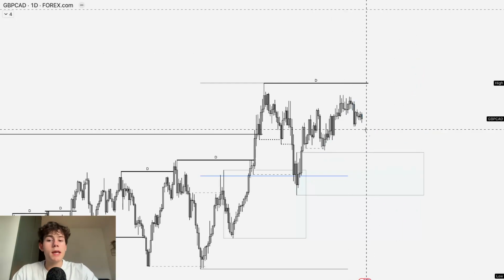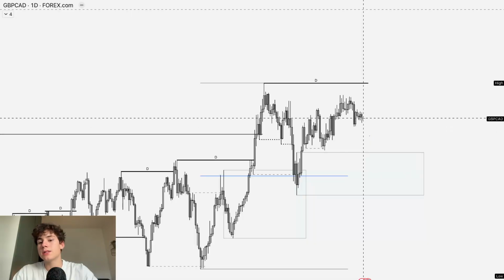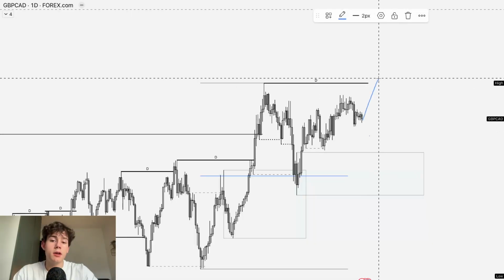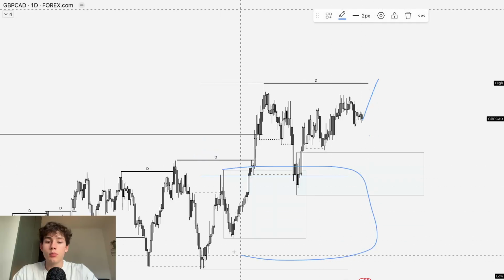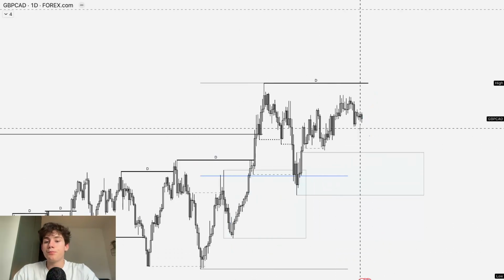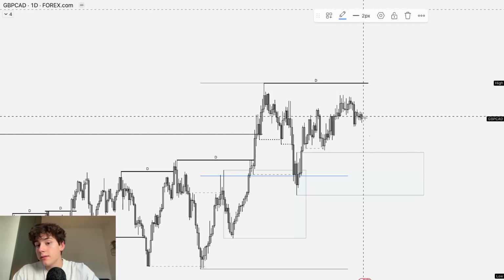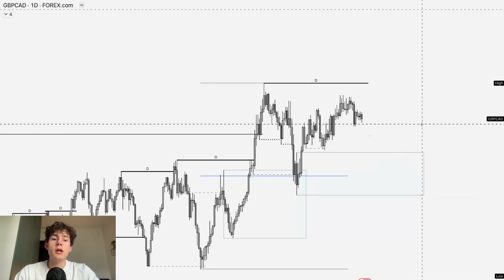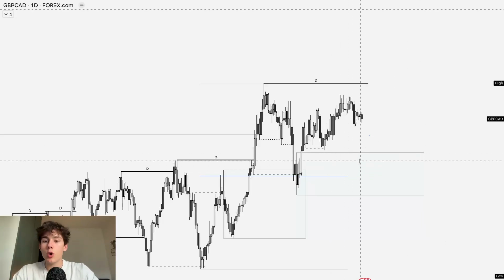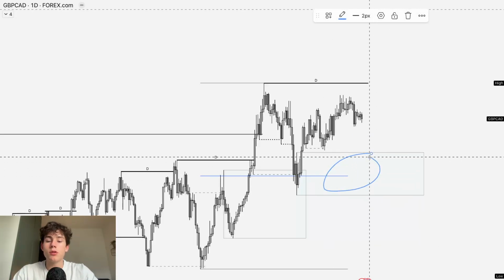So am I going to take a short setup? No, because like I said, there's a possibility that we could trade up higher in line with the trend, the discount prices and everything. Am I going to take a long setup? No, because we could still see one more swipe before trading up higher. So what setup is valid for me? Only a long from this demand zone. Unfortunately,